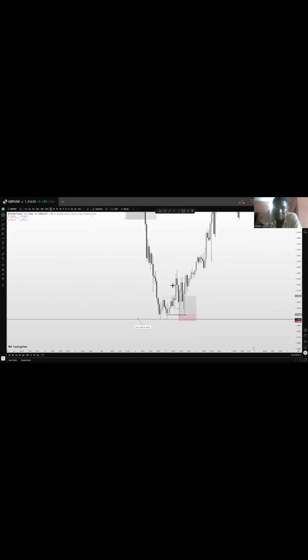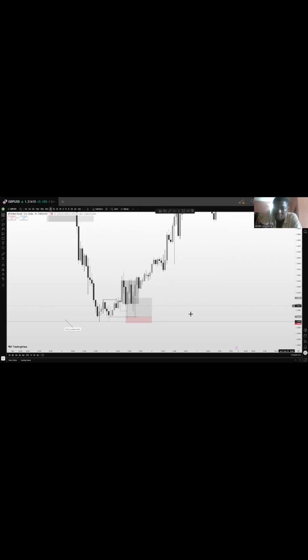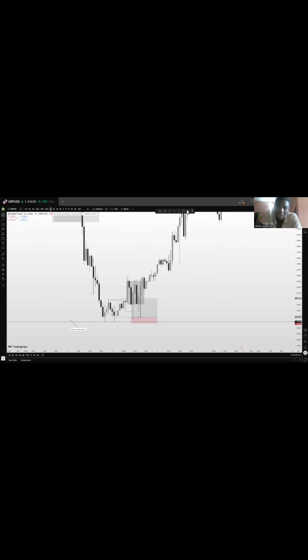Price could not break above or below. Price was consolidating here, so this was like accumulation. If you know AMD, price accumulates, then it manipulates, then it distributes. But right now, price did not manipulate, it just accumulated and went to distribute. So after price did that,